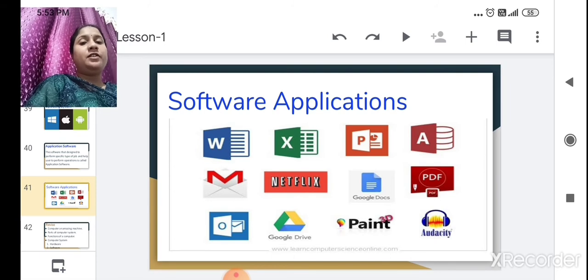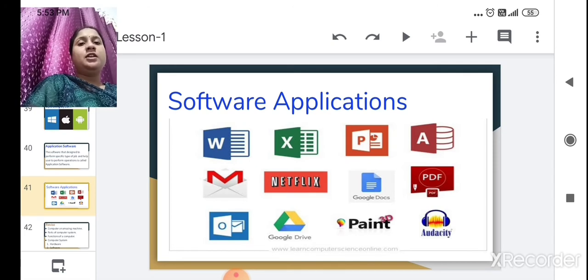Okay, after Windows appears, you will see these software applications on the computer. It means that the operating system is providing you such software applications for doing different jobs: writing, calculating, making presentations, watching movies, web browsing.